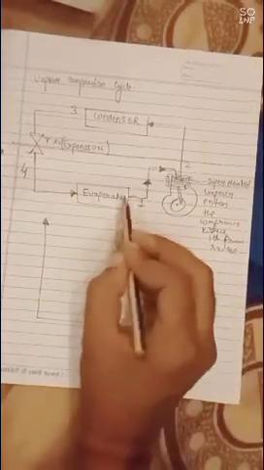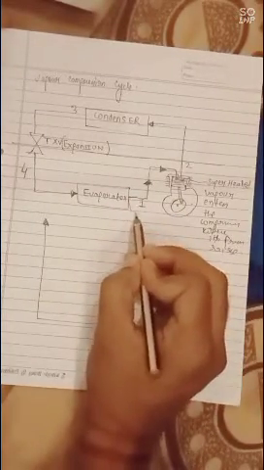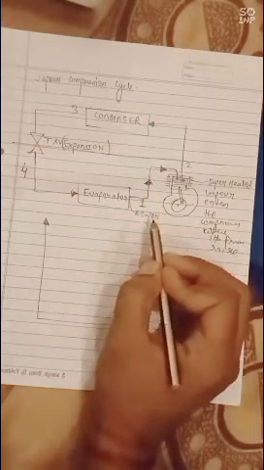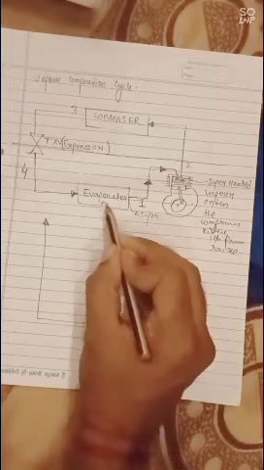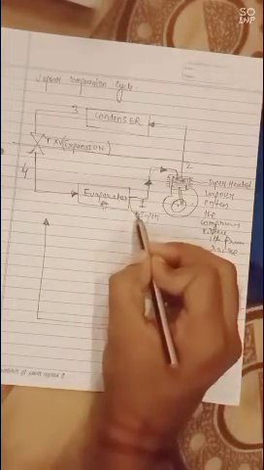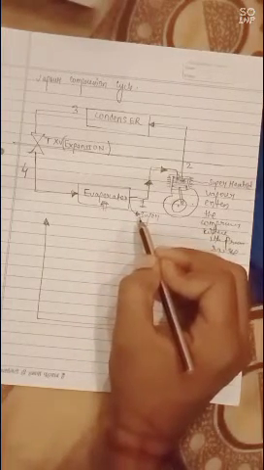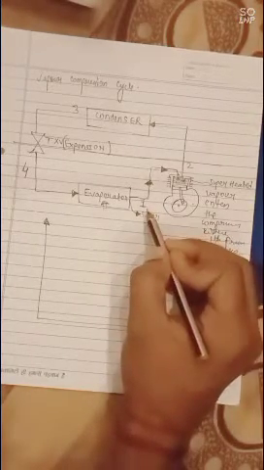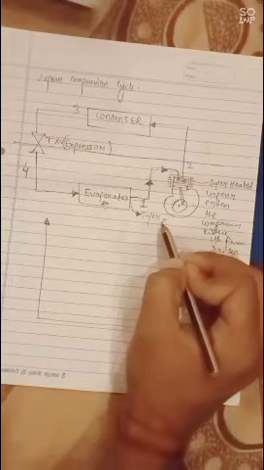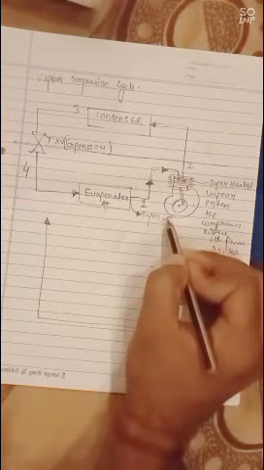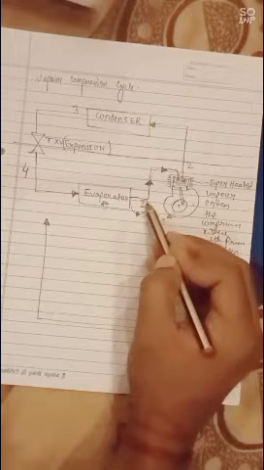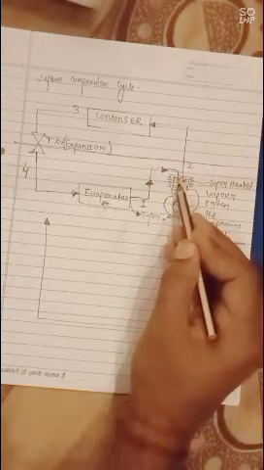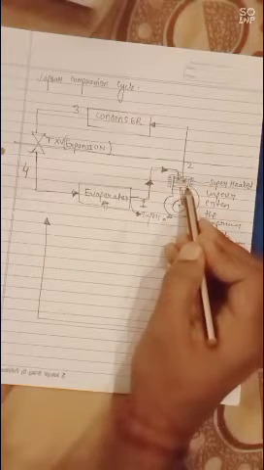From 1 to 2, at point 1, the refrigerant is in a superheated form because it absorbed all the heat from the occupied space, and it is in a gaseous form at a superheated state, because its temperature rises and crosses the supercritical line. From 1 to 2, the superheated refrigerant enters the chamber of a reciprocating compressor where